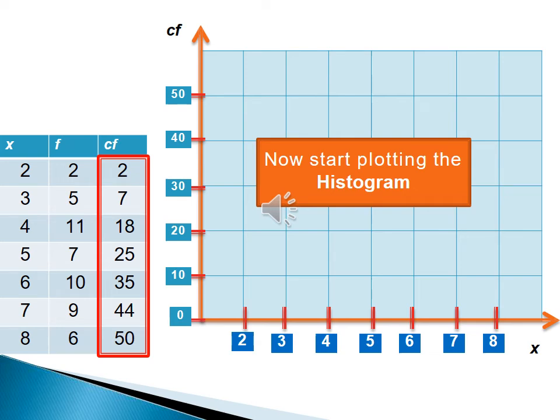Similarly with the y-axis values, which are cumulative frequency values, because cumulative frequency represents the dependent variable, we have taken the values with equal and regular distance. First value 0, then 10, 20, 30, 40 and 50. They have a difference of 10 in each group. As we have taken the independent values on the x-axis, we have now made the scale on both the y-axis and x-axis, and now we can start plotting our